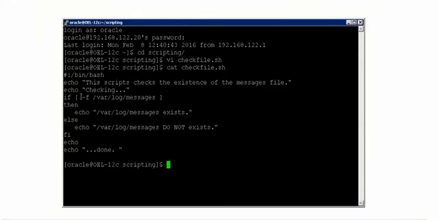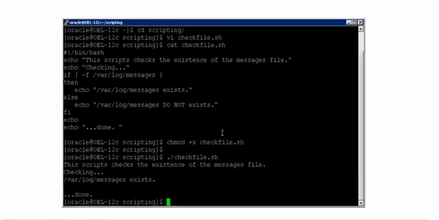What did I say? Yes, -f. Check whether this file exists or not. If it exists, then tell me that it exists. And if it does not exist, tell me that it doesn't exist. The if clause starts with if and ends with fi. And then I'm saying echo, that means an empty line will be displayed, and then I'll say done. So now what I'll do is, I'll give some executable permissions to this check file, and then if I just execute, see how it works.